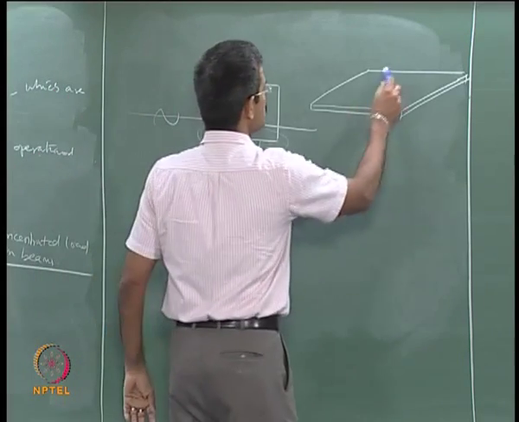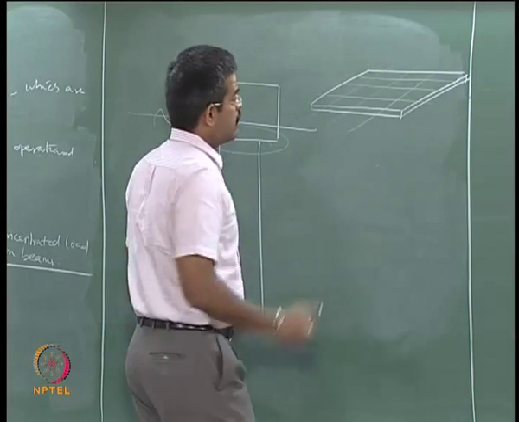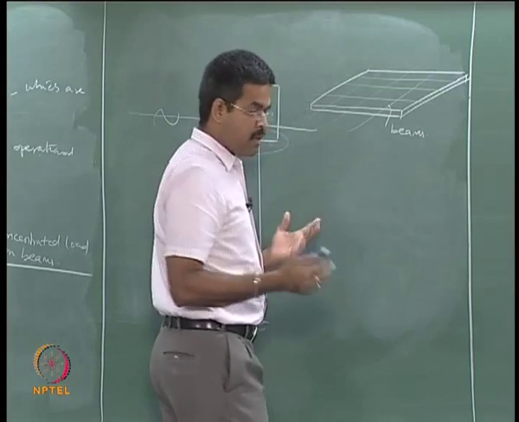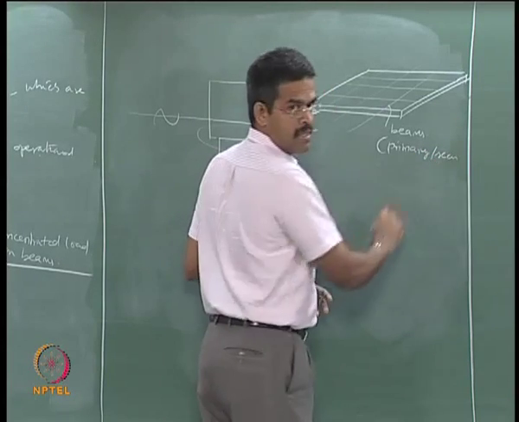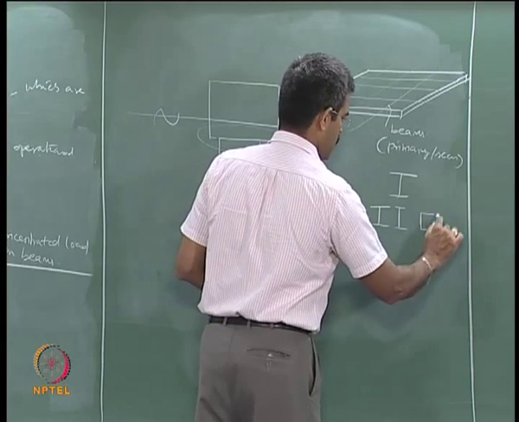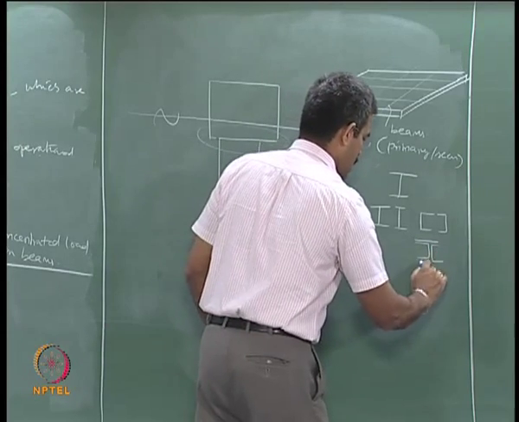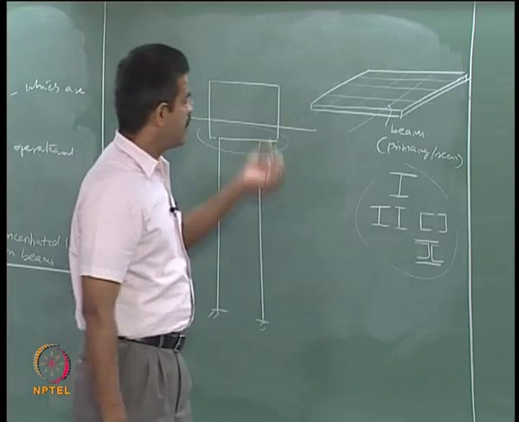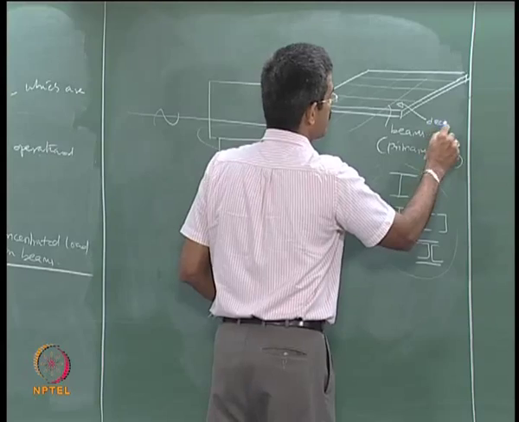So, I have got to put stiffeners. These stiffeners can be called beams, they can be called primary and secondary beams depending upon what direction you are running, and they can generally be an I section, a composite I section, a face to face channel, a back to back channel, a back to back channel with a plate. All these are what we call built up sections, we call them beams, we call this the deck.